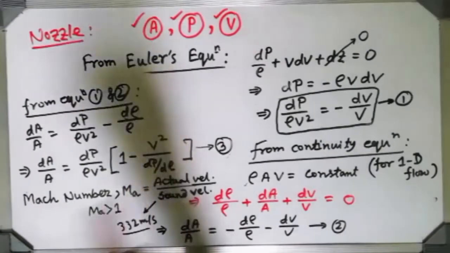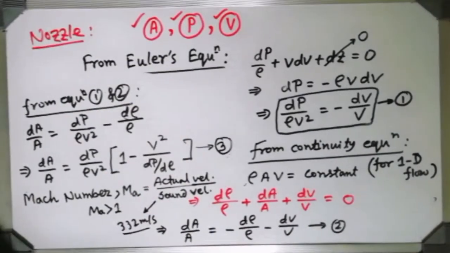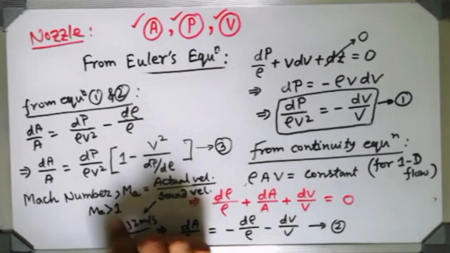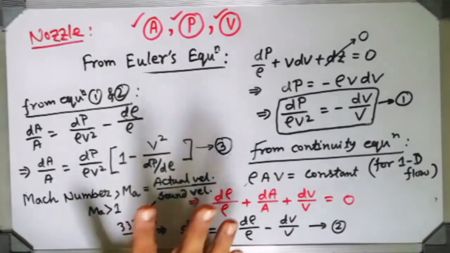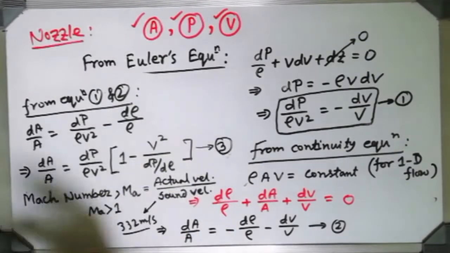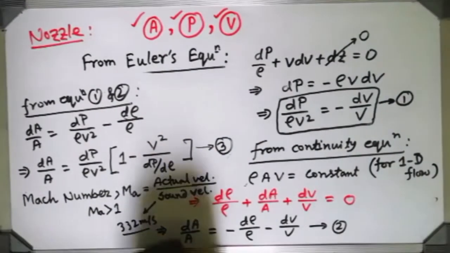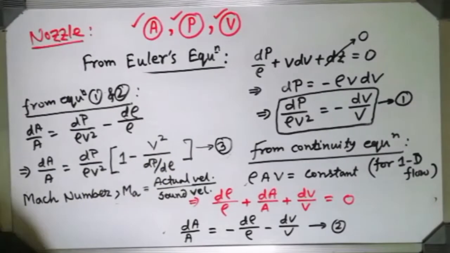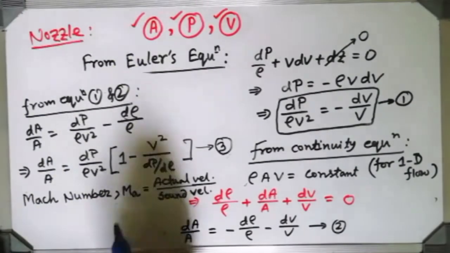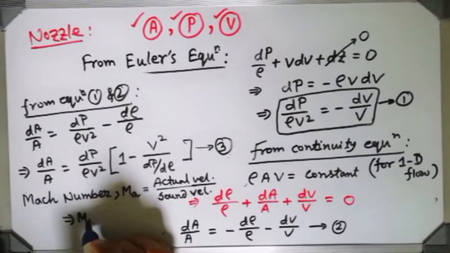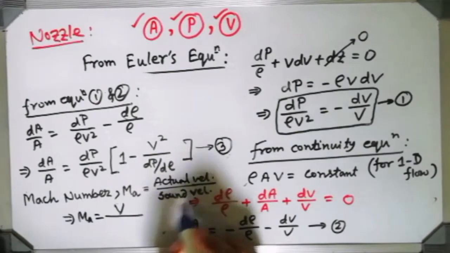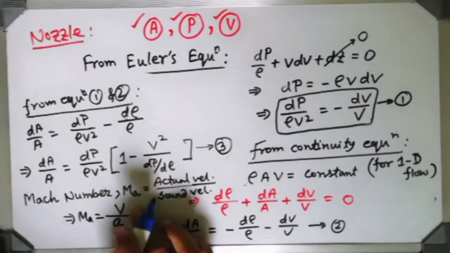Because the flow of the stream which is coming to the nozzle, is it greater than Mach number or less than Mach number? That is the reason why it is coming over here. And Mach number is expressed by the actual velocity of the object with the velocity of sound, in this way: Ma, actual velocity of the object I am taking here as v, and the sound velocity is commonly expressed by small a. Most of the books use small a.